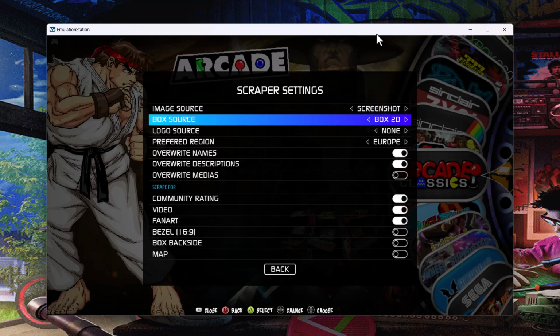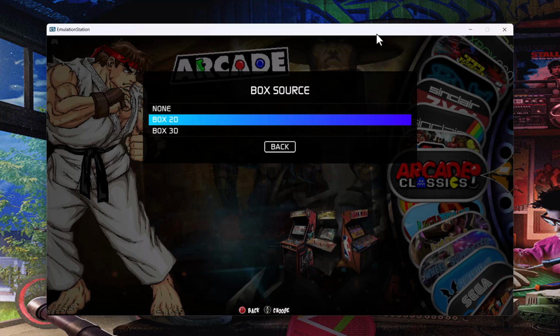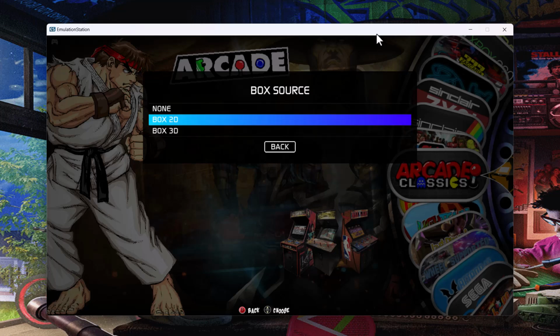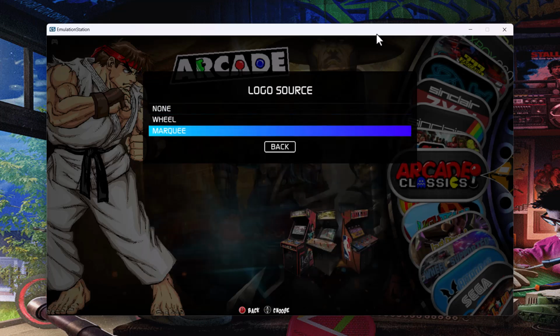And then the box source, where you've got a theme that shows the actual box artwork for a game. You can have it turned off, or you can have 2D or 3D. 3D probably looks better, but I think more 2D versions exist, so you're going to get more artwork in 2D format than 3D format. And then there's logo source, and for that I set that to marquee,